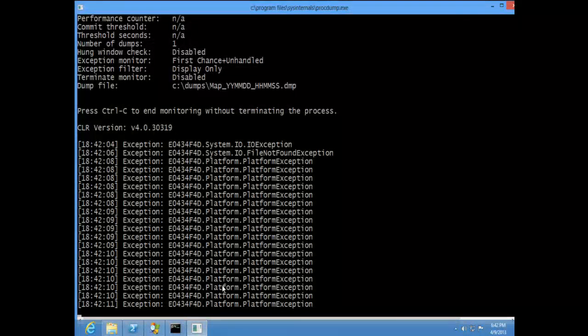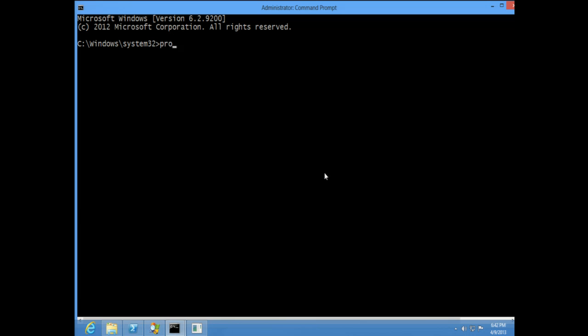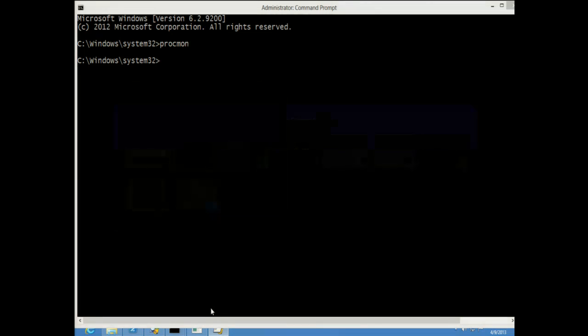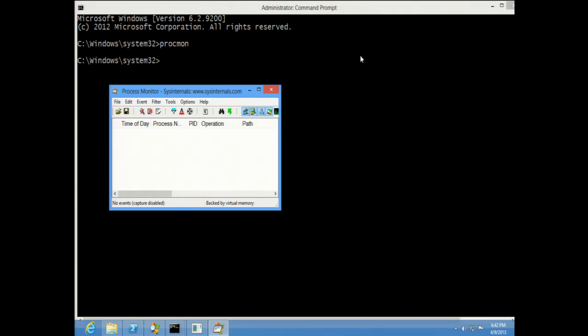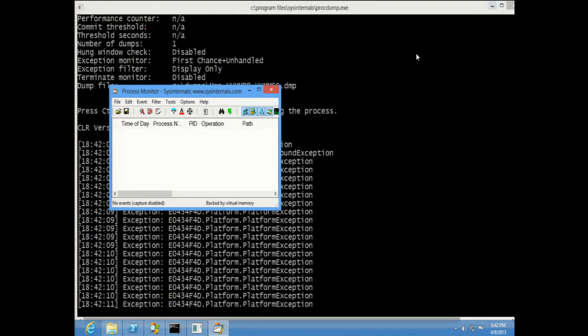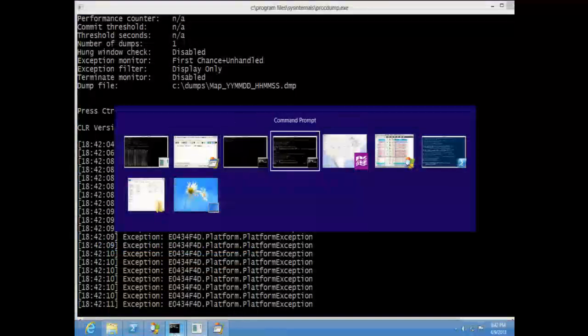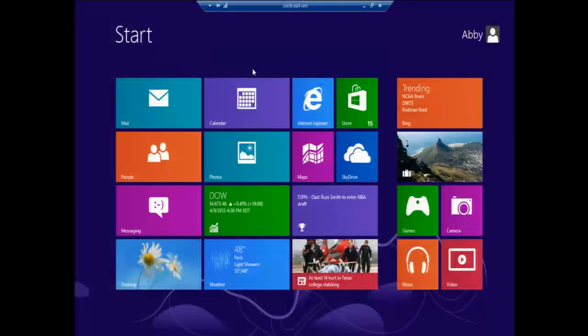So let me show you this really cool new feature. What I'm going to do is launch Procmon. Go back and actually, hold on, let me stop that, clear that filter. Close that app, we'll do it again.